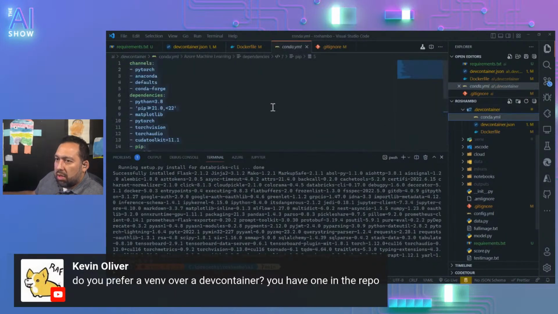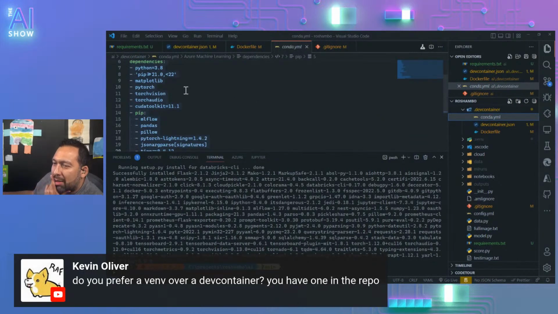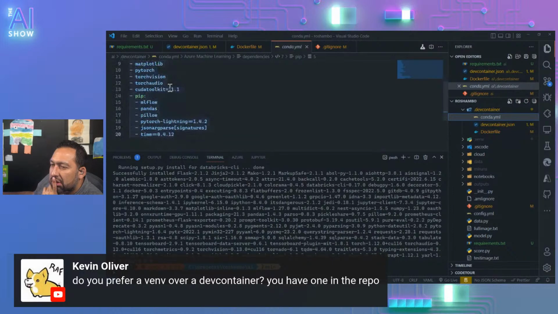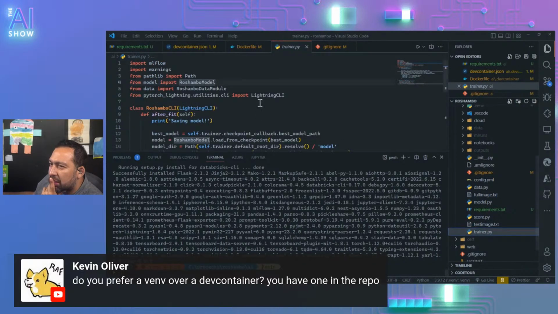We don't need this anymore. Oh, I do need matplotlib though. Do I need these things? Pandas for sure. No, I don't use pandas. Pillow for sure. Let me see. I think I forgot. Maybe it'll install it for me.